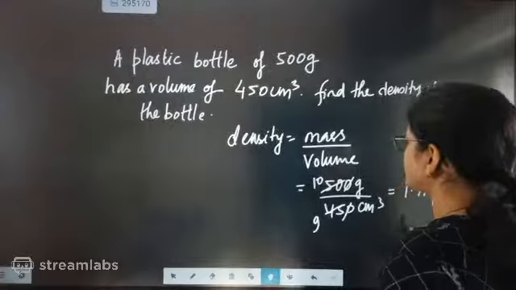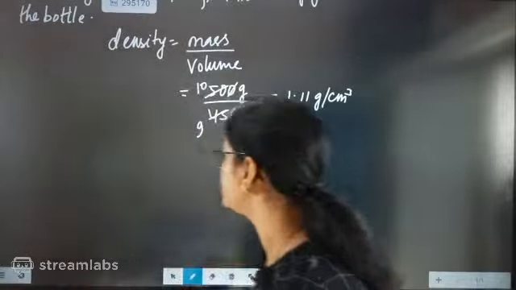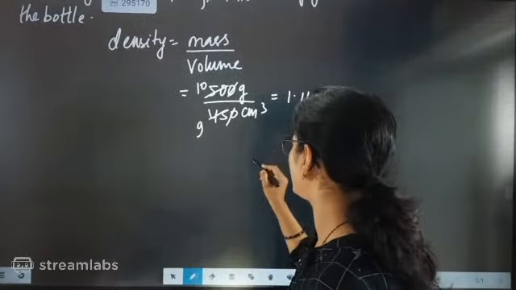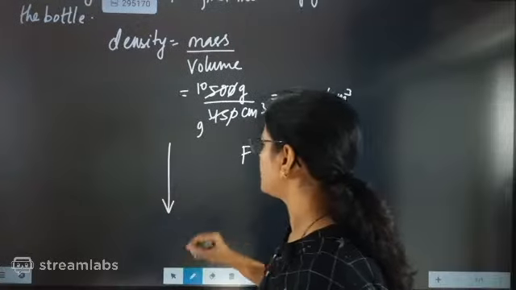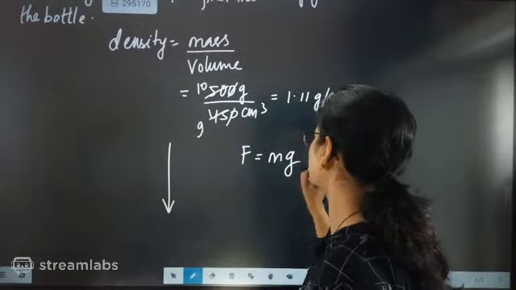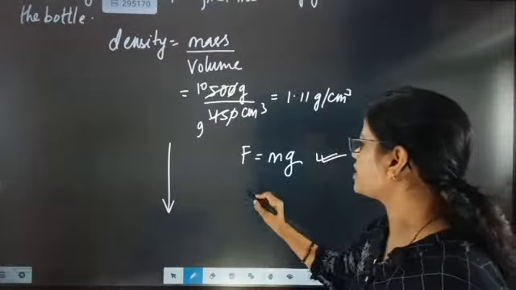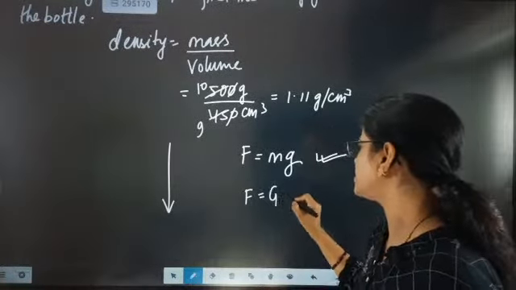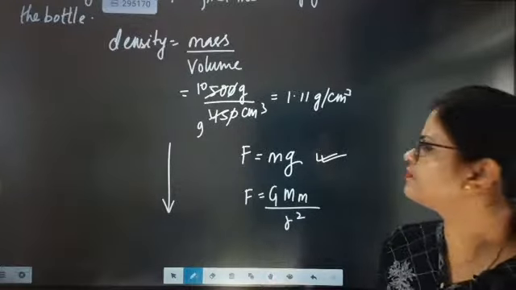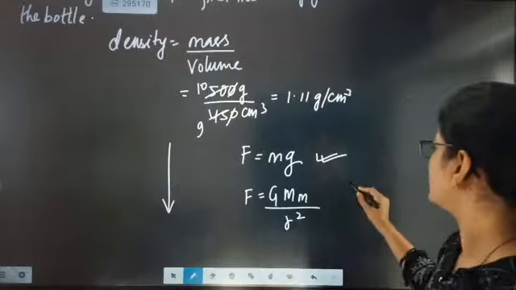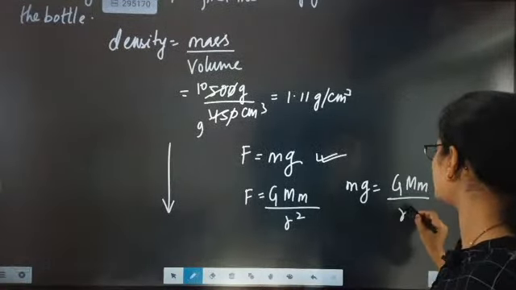Exactly what is this? I think she just converted this one. Force of attraction, G is equal to mass of the planet she might have taken. Look here, we already know that when an object falls, F is equal to mg. Most important thing, it will have F is equal to mg. Now next important thing is the force of attraction between the objects, GMm by r square will be there.